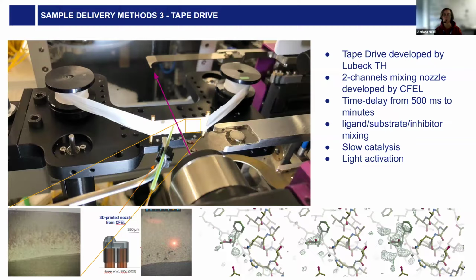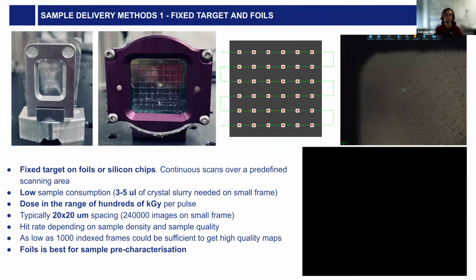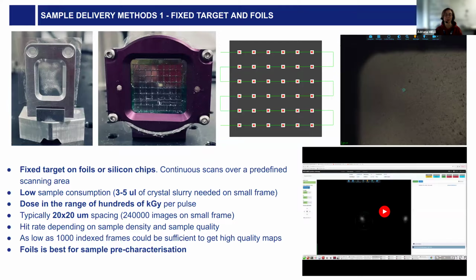And if we go back to your screening method, yes, here on the fixed target and foil, if you are coming with your little slurry and you just want to give it a try and see whether the nanocrystals are small enough for doing the experiments, would you recommend the foil or the chip? No, absolutely the foil,